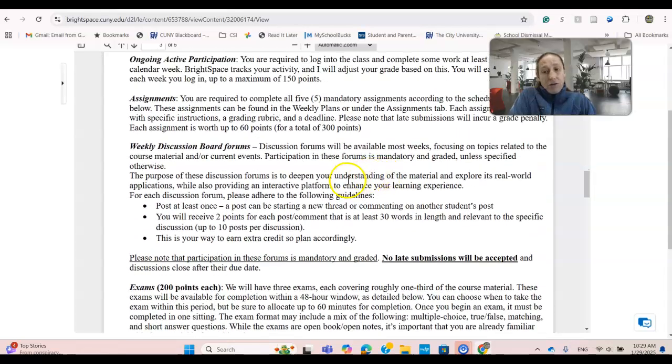The discussions. Almost every week or most weeks, we will have a discussion forum open with its own prompt, with questions relevant to whatever material we are covering at the moment. You are required to post at least once, but I highly recommend that you engage with the discussion forums more actively for 2 reasons.